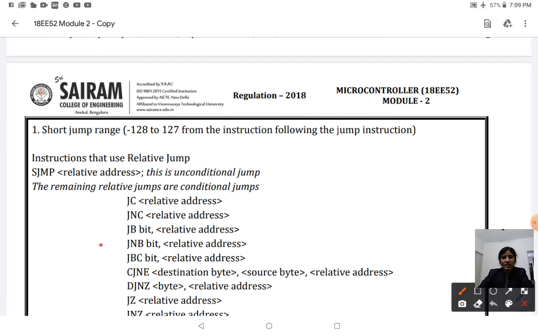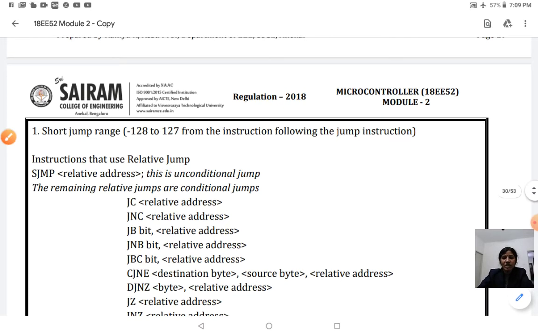Similarly you have JNB, which means jump if no bit set. If this particular bit is 0, then it goes to loop 1, that is, to the relative address, otherwise it follows the next instruction. Next is JBC, jump if bit is set and clear the bit.